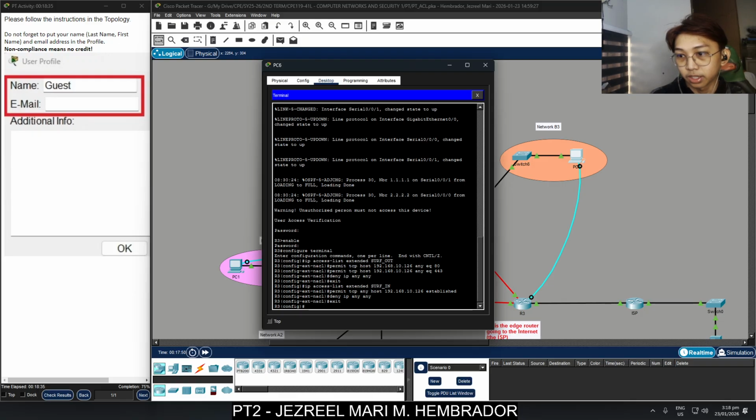Now I will apply these rules to the one interface, GigabitEthernet 0/0.